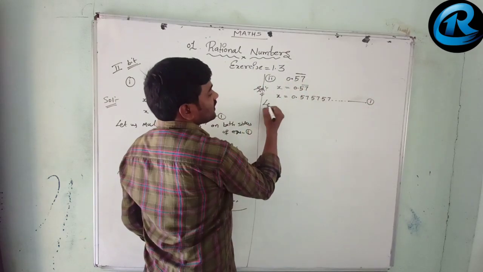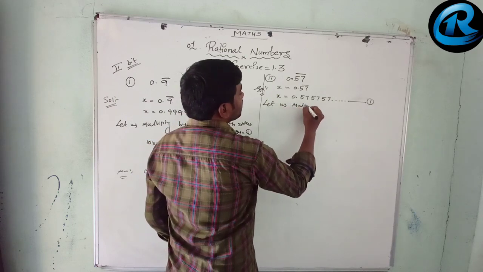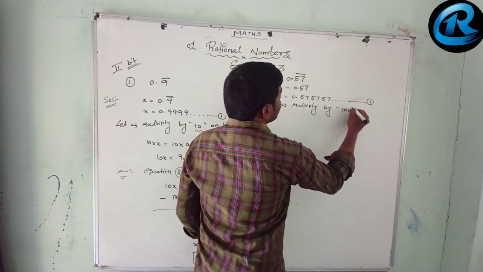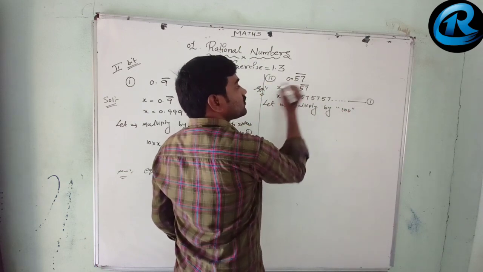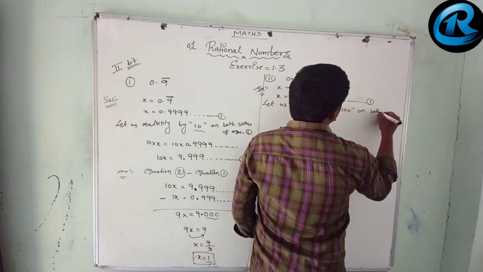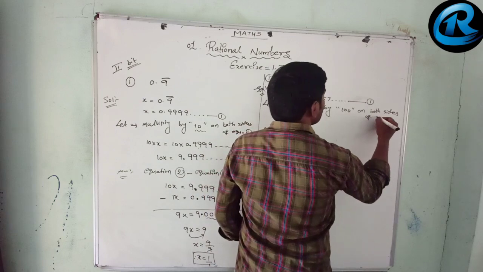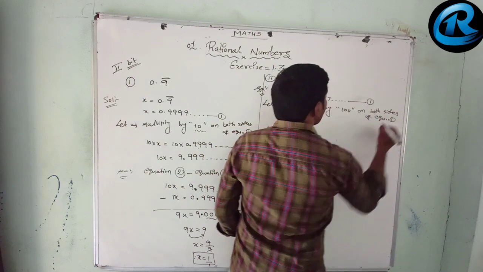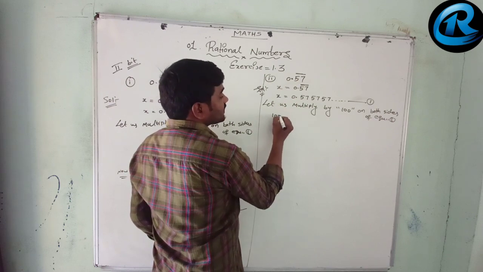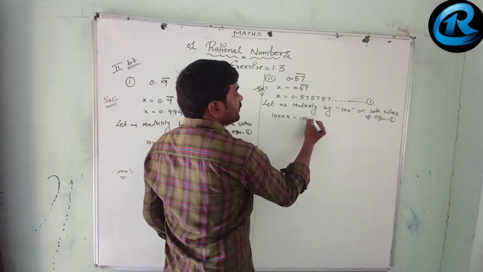Now let us multiply by 100 on both sides of equation number 1. Why 100? Because 2 digits are repeating. Here on the LHS side, 100 into x, that is equal to 100 into this